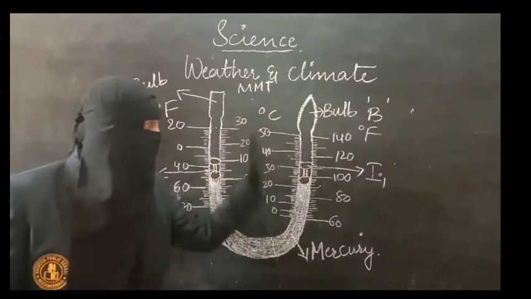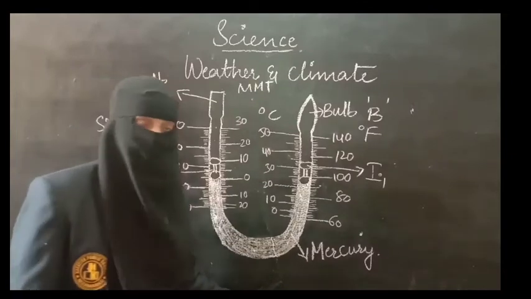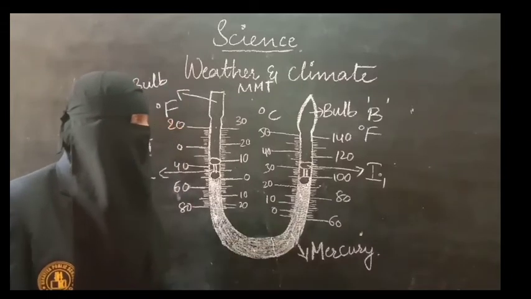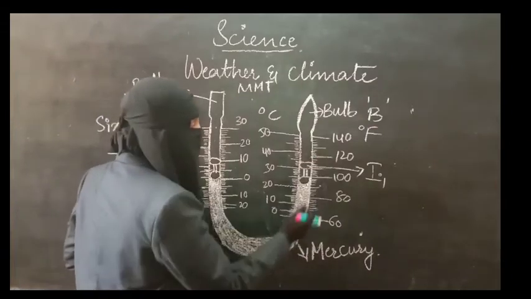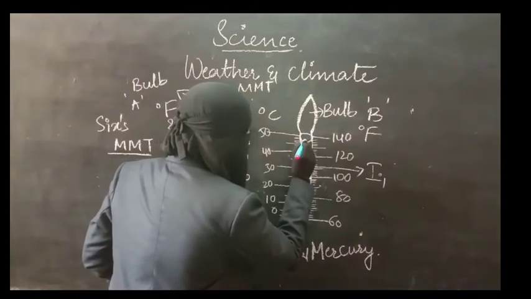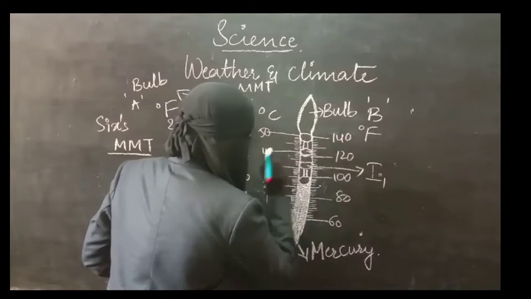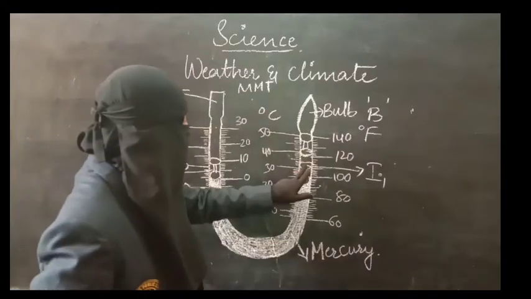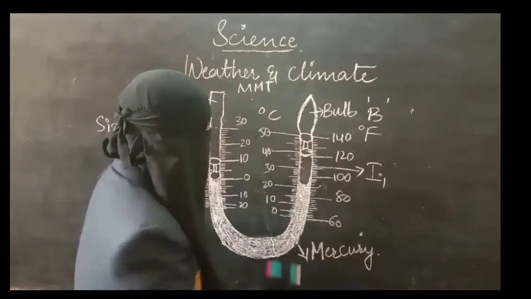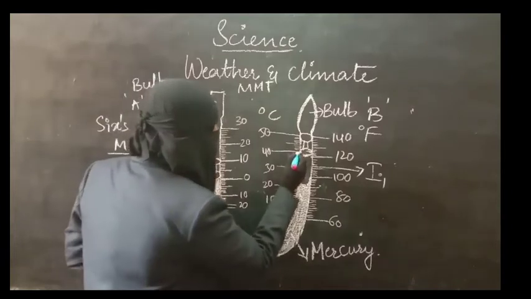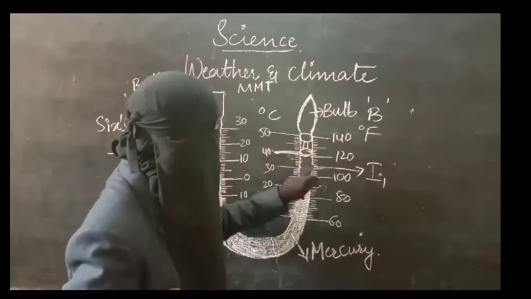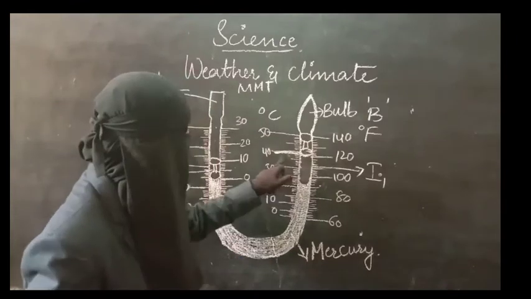So you see this side, this part of it. Whenever the temperature rises up, this mercury present here will move up, and as a result this indicator will start moving. For example, now this indicator is moving and the indicator stopped here. Now, what is the marking here? If you see, it is 40. In this thermometer two ends are there. We have to consider the lowest end. Here it is near 40.